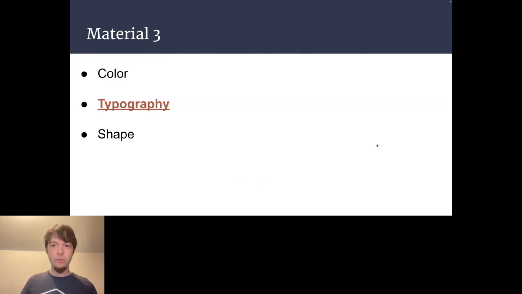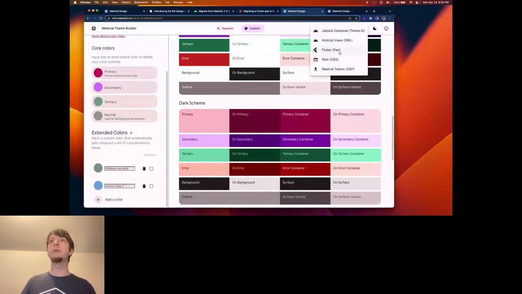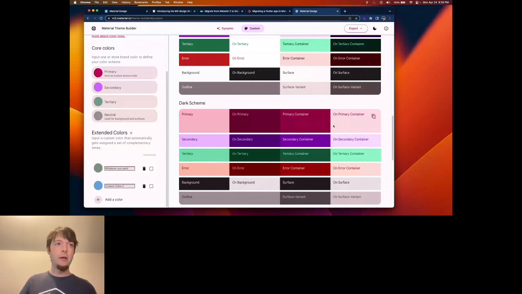I'd stick with what we currently have, and the reason why I say that is one of the benefits of this, and I'll let you see what it looks like whenever I export it. I'm not sure why it's not working, but hopefully this will export. If not, then I'll export it from the Figma file. But when you actually export,